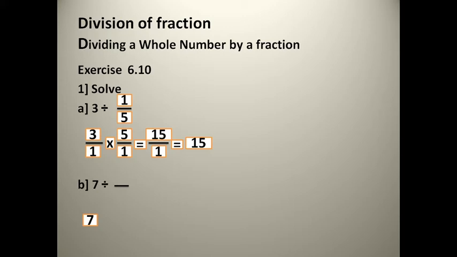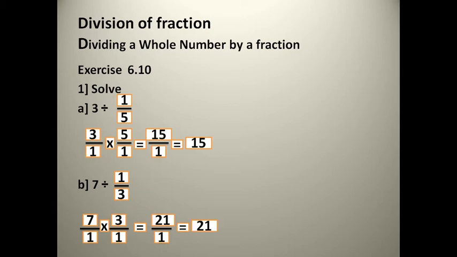Okay, now here 7 divided by 1 over 3. So again here, if I write 7 and put 1 down 7, so 7 divided 1, I change anything? No. So I will put 1 down. Now here, I will change the division sign to multiplication. If you do like this, you should convert the fraction. Put denominator up and numerator down. So the fraction will be 3 by 1. Now multiply 3 into 7, 21. 1 into 1, 1. So the answer is 21.